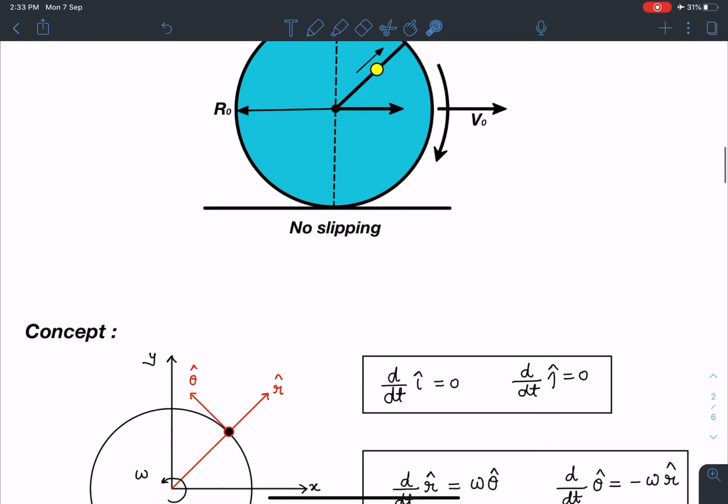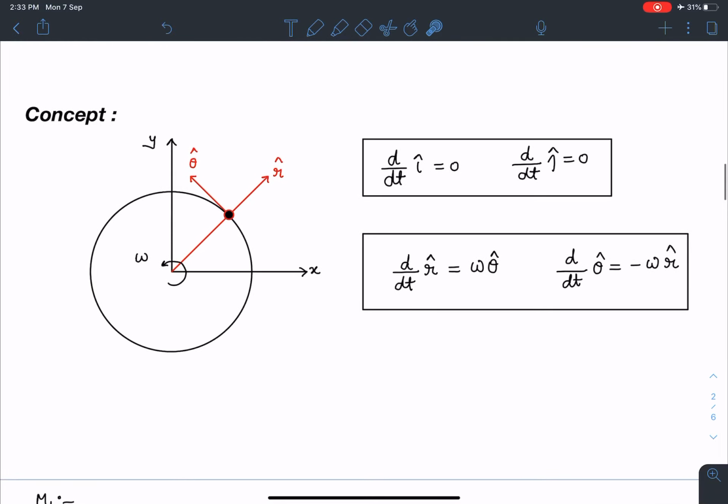So let's discuss the concept part here. This problem will become relatively simpler if we try to solve in polar coordinates, and it is even simpler if we use Coriolis force logic. I am not discussing the Coriolis force part now, but it is just a two-line question. I wanted to discuss the elementary method for this problem, so we are going to solve this question in polar coordinates. In one of the videos, I will include the Coriolis force method also. Just by two lines, we are going to get the answer for it.